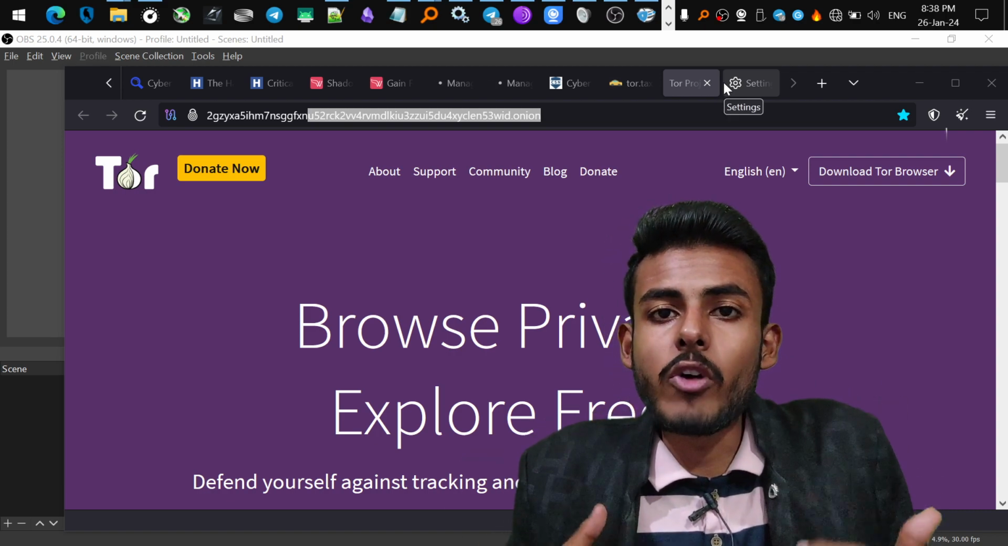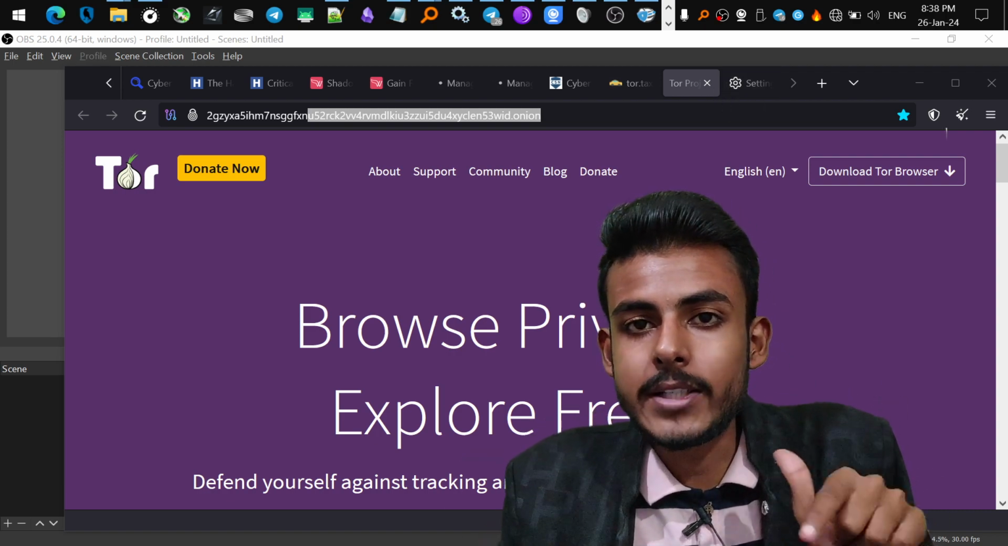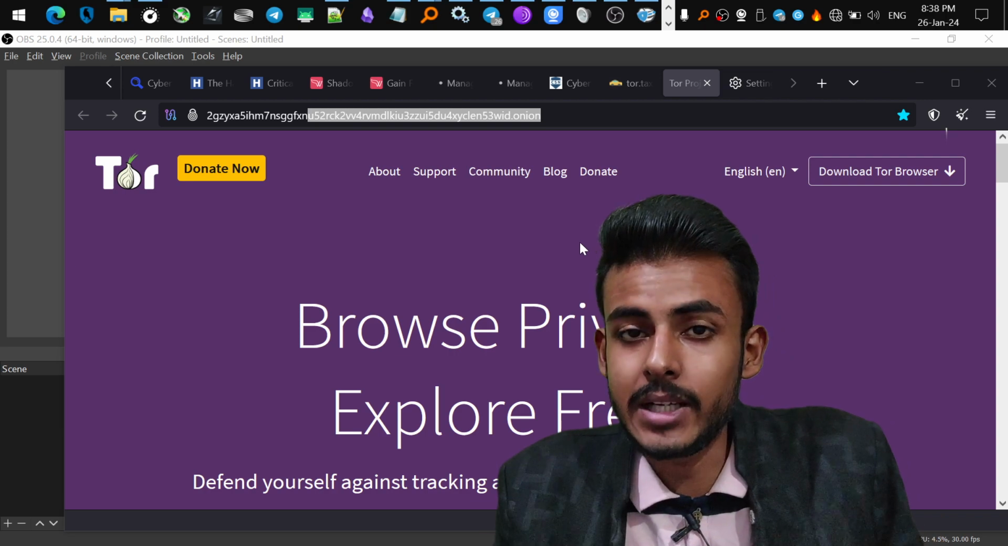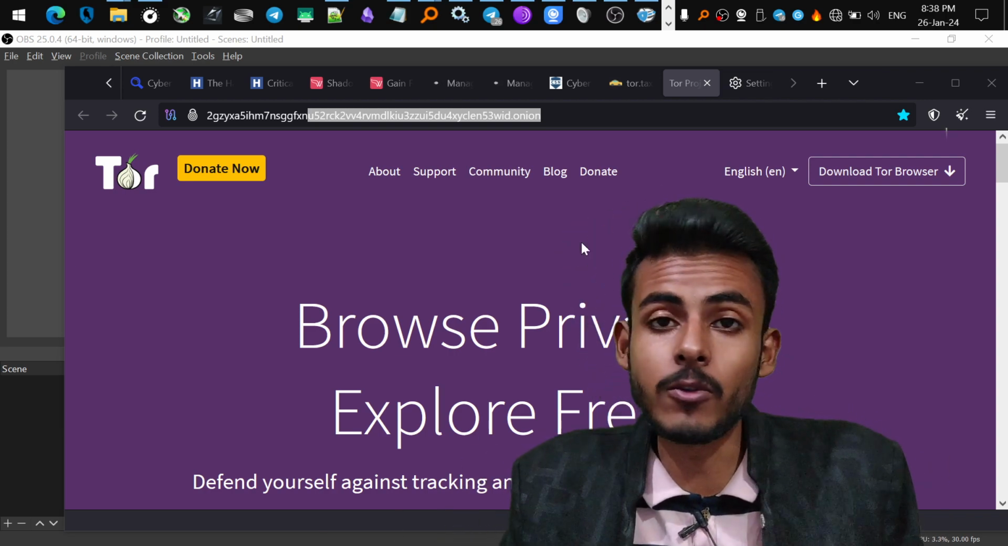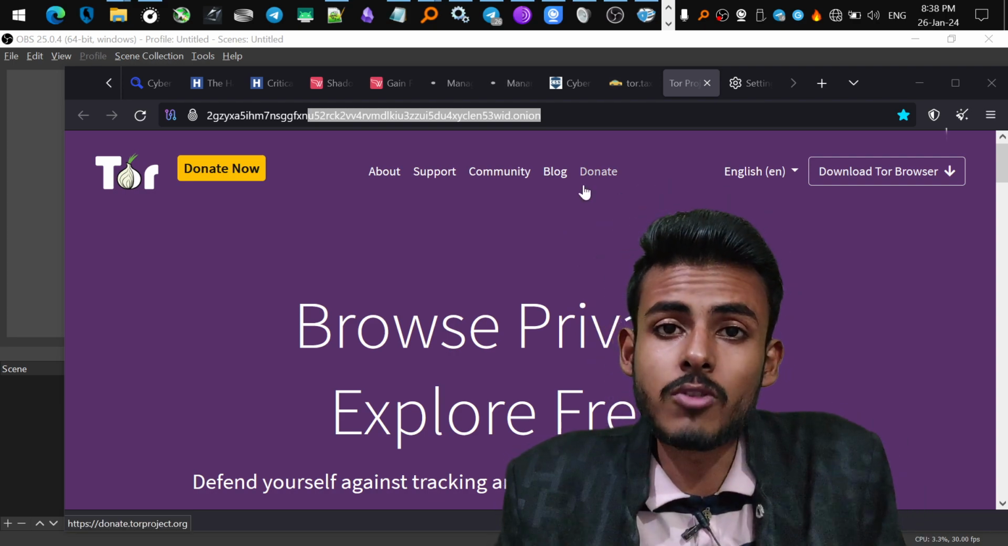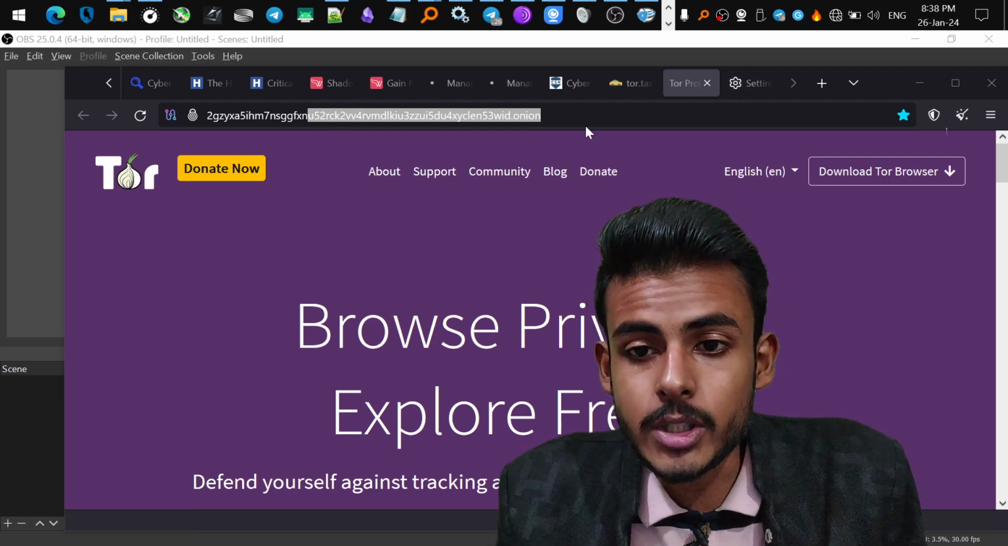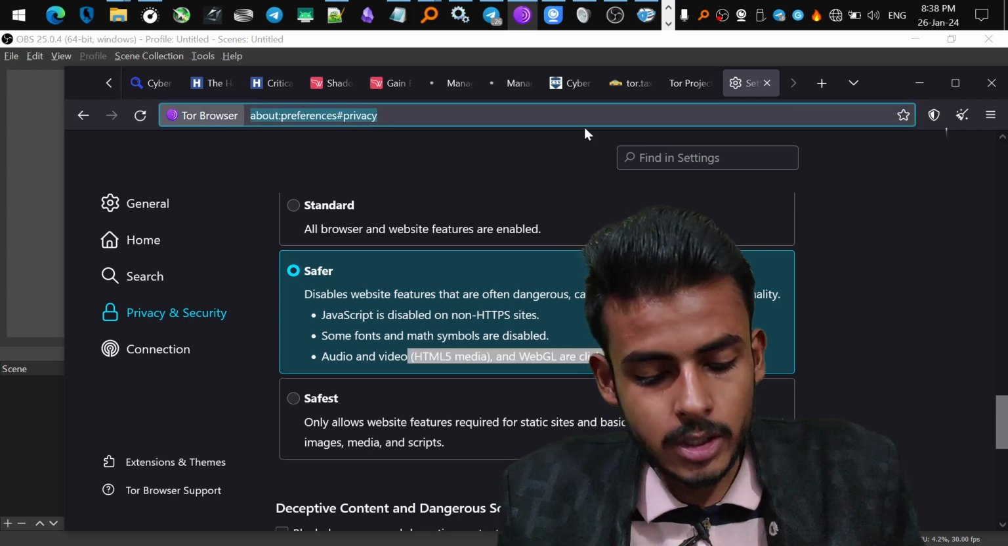How to enter the dark web in 2024? First of all, go and install the Tor browser from the official website. I'm going to be linking the official website down in the description. If you have your PC or your phone, install the Tor browser, do all sorts of formalities, and just open the Tor browser and just enter